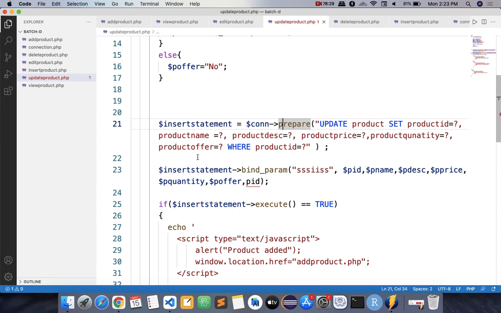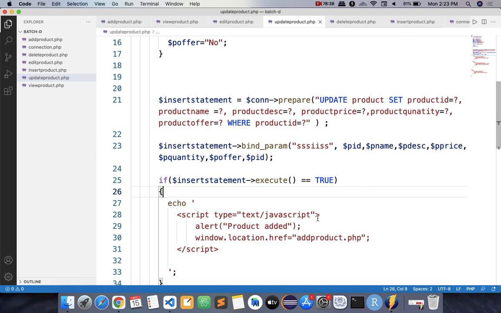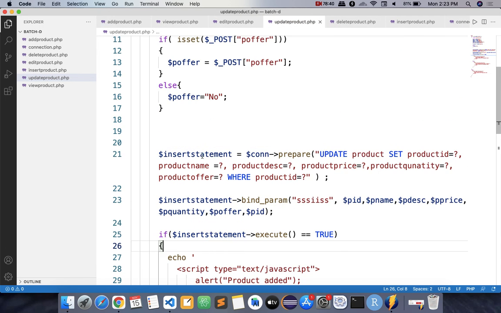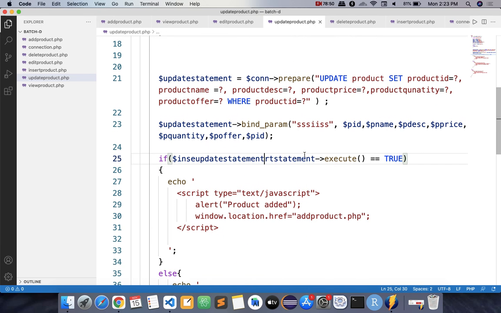Total 1 2 3 4 5 6 7. Here it should be dollar. Okay, then it will execute. So instead of insert statement, I'll change the name to update statement. Okay, it will be executed.